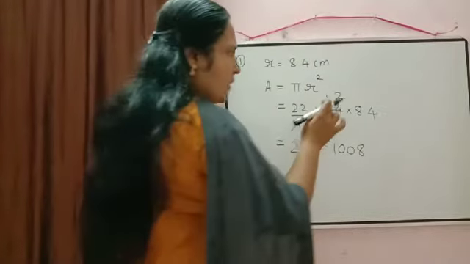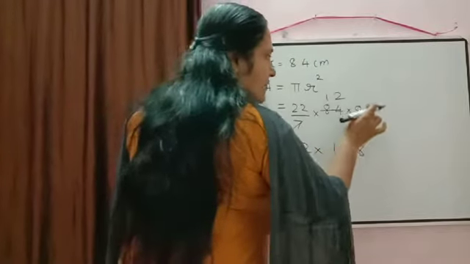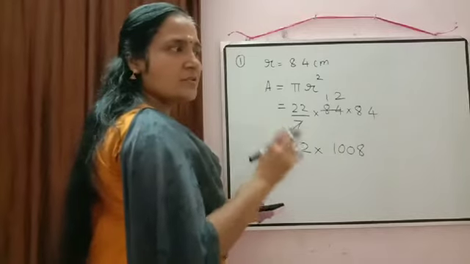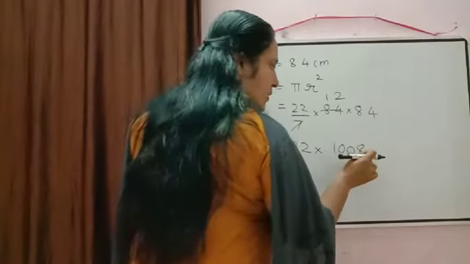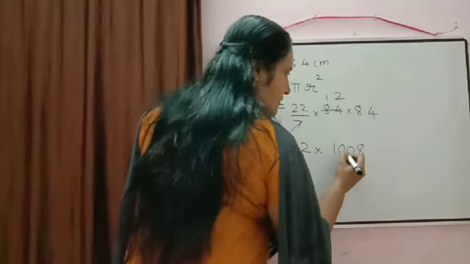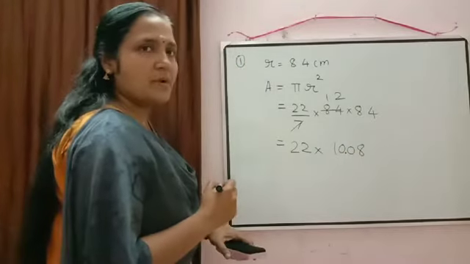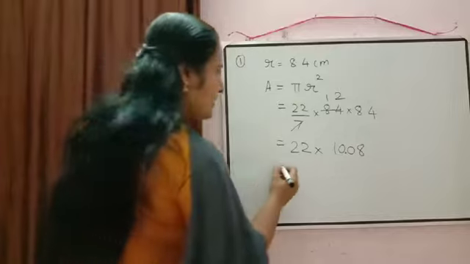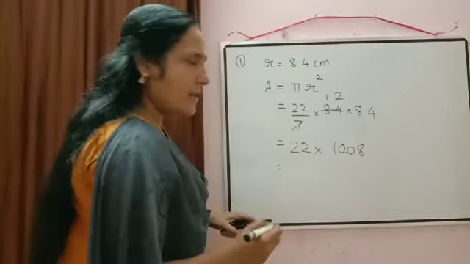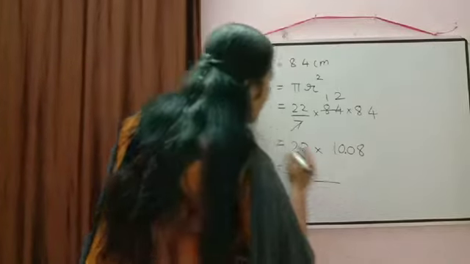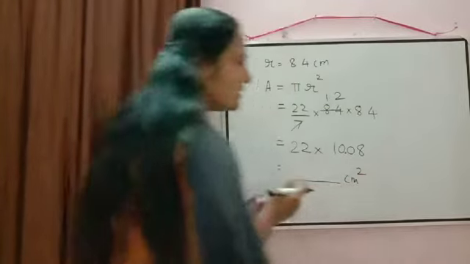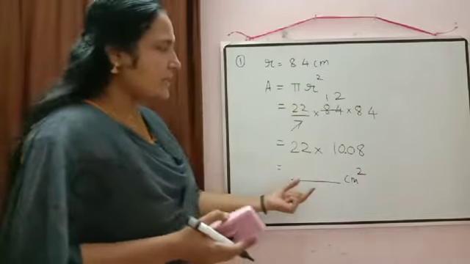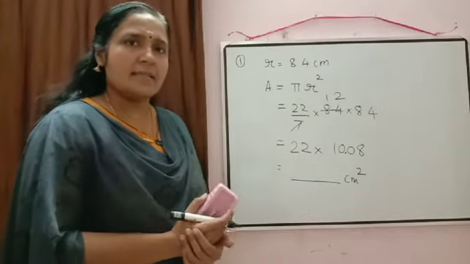Okay, now after the decimal sign we have two digits. So here also two digits should be there after the decimal sign. So count two digits, 1, 2, and here you can put the decimal. So it will be equal to 10.08. Okay, and what will be the unit for that area? Yes, that will be equal to centimeter square. So just do the multiplication and write down the answer here.